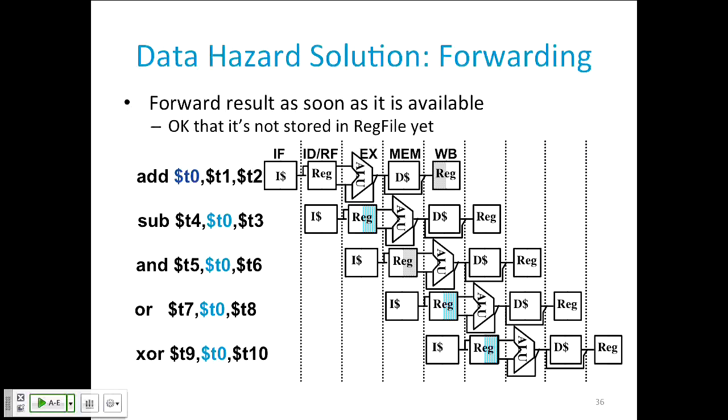So I add this extra sneak path of, I already computed it. I haven't written it back, but I know what it's going to be. And if I detect that situation, I'm just going to forward the value from the output of the ALU back to the input of the ALU. So this now means I can do back-to-back dependent instructions, one cycle after another, at full speed, right? Even though the whole instruction takes 5 cycles to get through the pipeline, this critical piece I can do back-to-back,